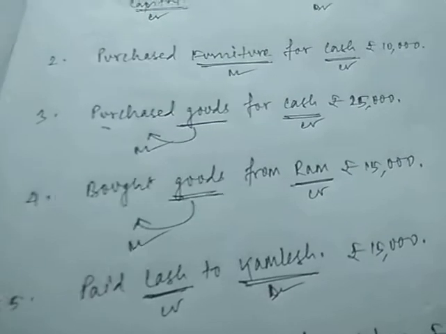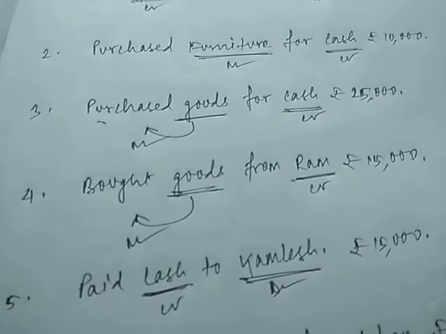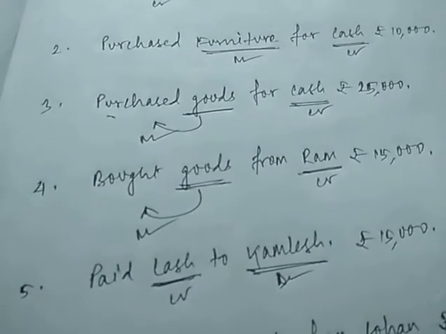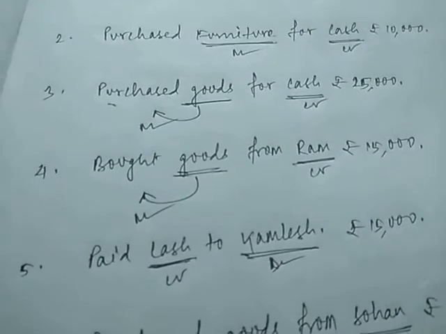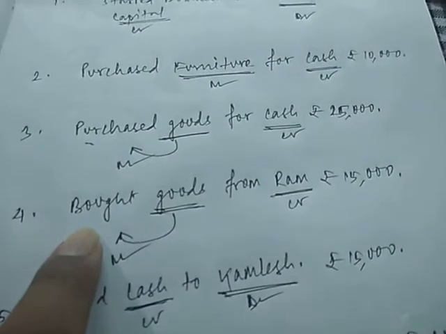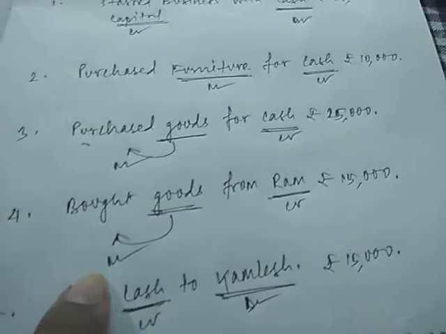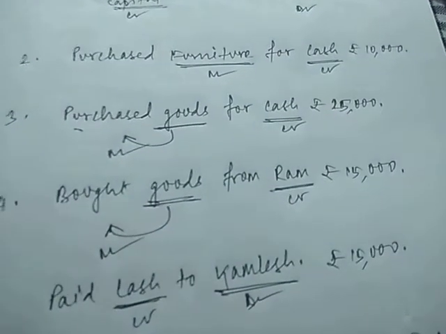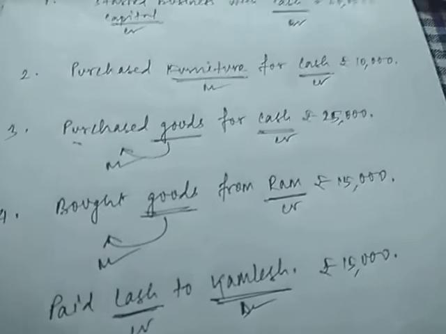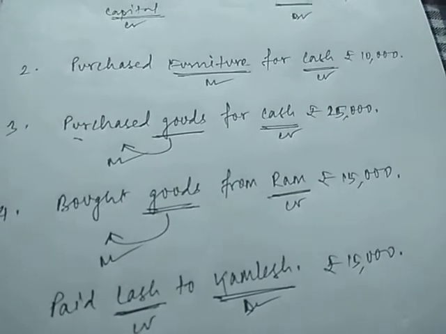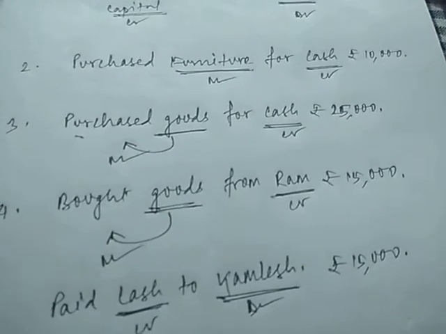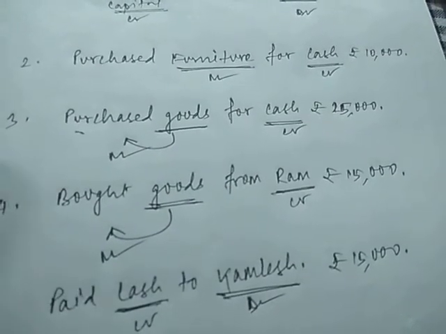But in number 4, whenever a name is given and cash is not mentioned there, it is a credit purchase. We have purchased goods on credit basis. We have not paid cash for that. So same thing, goods, but we will not write goods. Purchase we will write. Purchase will be debit. We have received goods, goods have come to us, but we will be writing purchase debit. But we have not spent cash in this case. In this case, cash has not been paid. Cash has not gone out of the business, so we will not make cash credit.